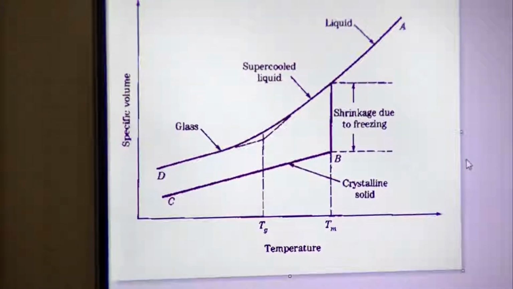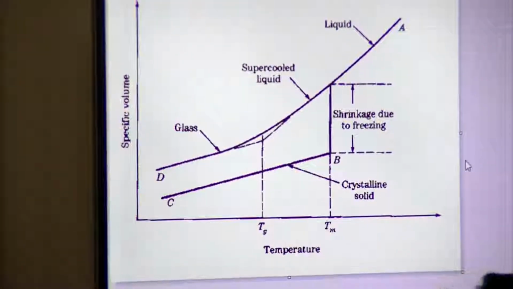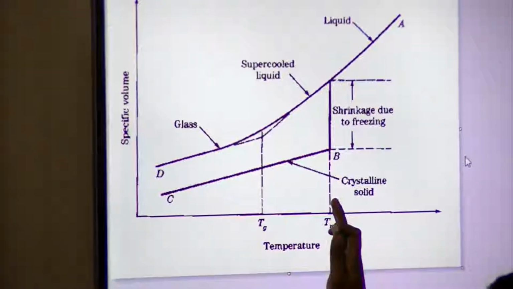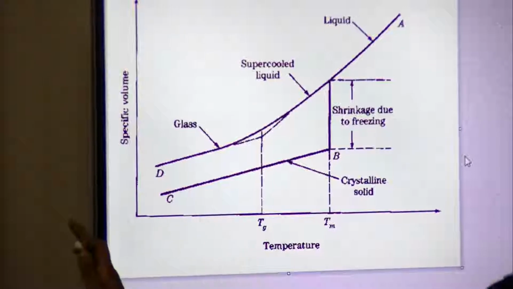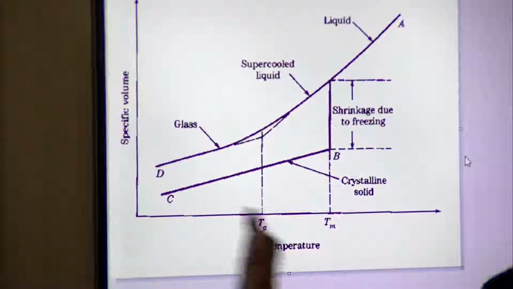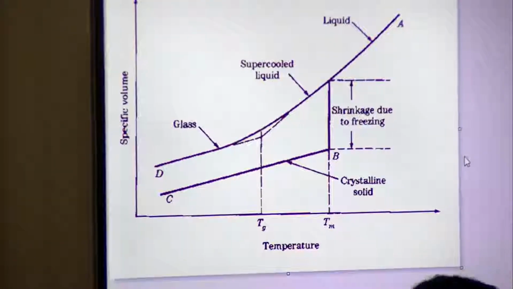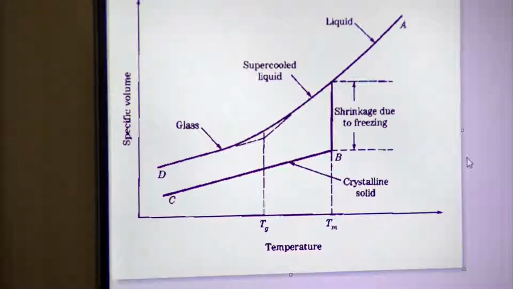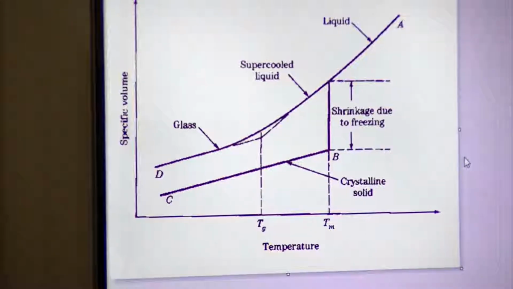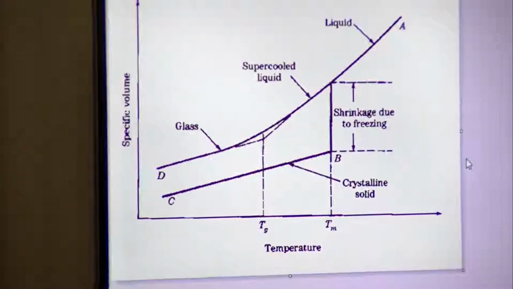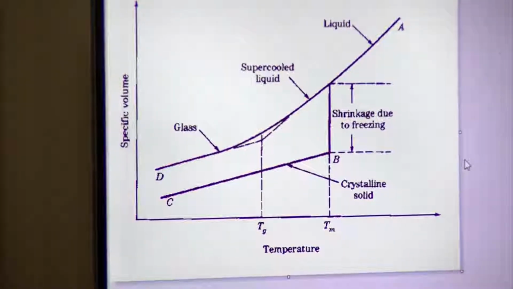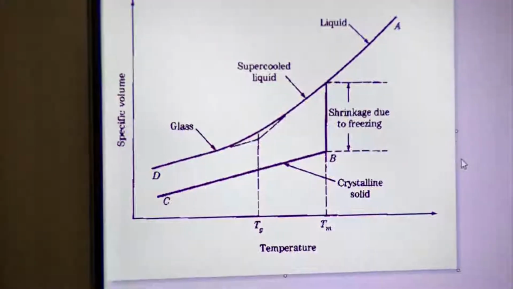That is one. The second thing is, what about the limits of T_g? Can I infinitesimally bring it close to this? Can I take it infinitely far from this? Are there any limits at all? Those are the questions that we will address. So please discuss the first question. The second question is a little deeper and harder to answer, and I will use it as an opportunity to introduce you to a very interesting concept called the Kauzmann paradox.